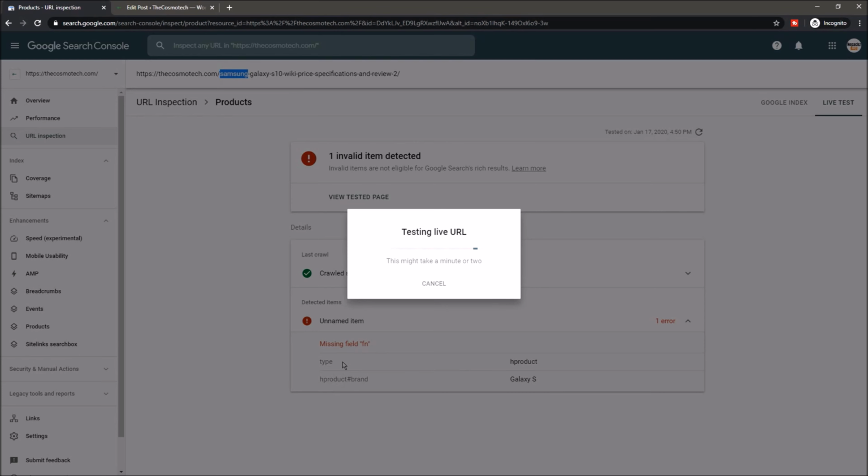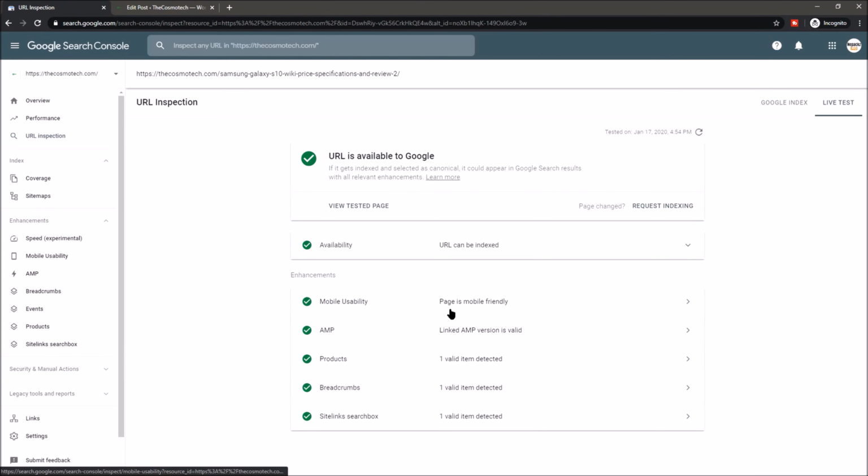One is missing field FN type, and SP product hashtag brand. Okay, let's see whether it will fix the problem or not. Now it should be done, I think, but it's taking some time. Okay, as you can see, the problem is completely solved. Now after this, you can click on request indexing